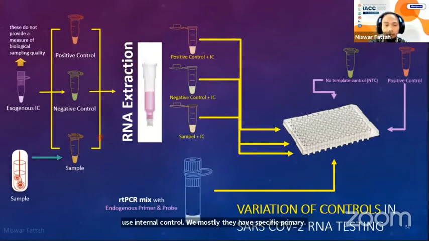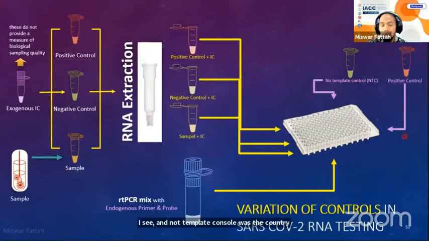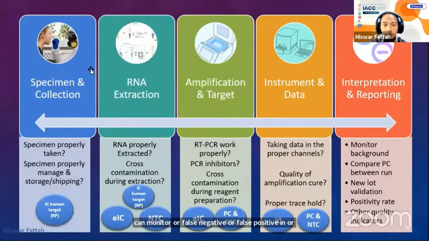And after we extract, we have a positive control, a negative control, and the samples. We run them at the same time as the samples, and we extract. To monitor this, we can add an internal control to the positive control, negative control, and sample, with IC, and a no template control of the positive control. So we can monitor false negatives or false positives in our running of molecular testing. And if we want to control all of the steps, from specimen collection, RNA extraction, amplification, instrument data,